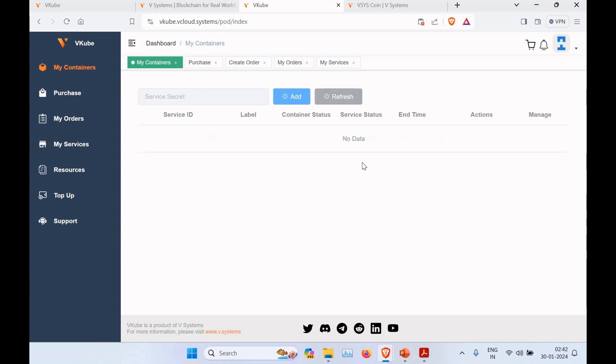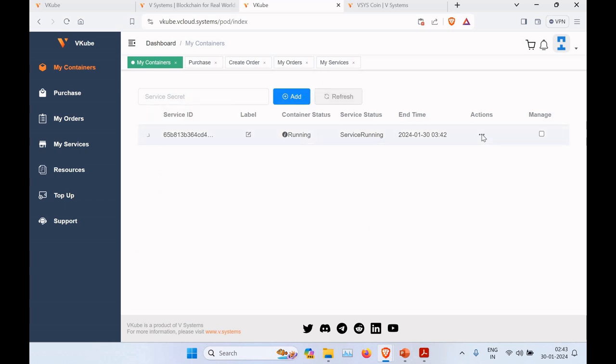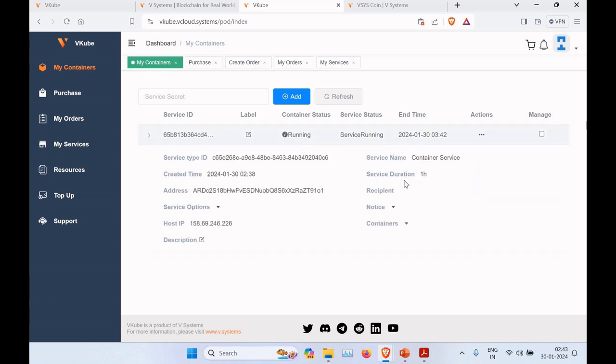Okay. So now if you see, it's running. What do you mean by running, right? You can see there is a host IP. And what you can do is you can also see restart, stop, config, redeploy. There are different options. If I go here